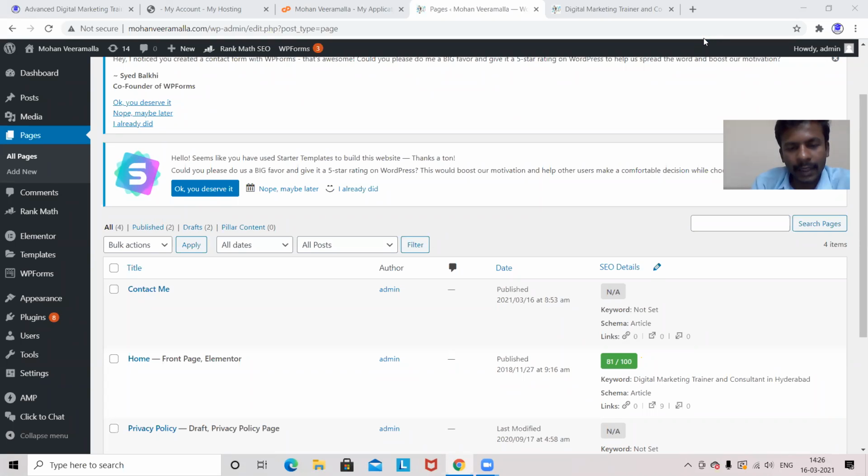You can comment in the chat box. Shankar says it is clear. I think Rishita, you should check your connection. Shankar, Sarita, and Venu are telling they are okay with the voice. But Rishita, you have to check your connection, or try to disconnect and connect again, or check your internet connection.